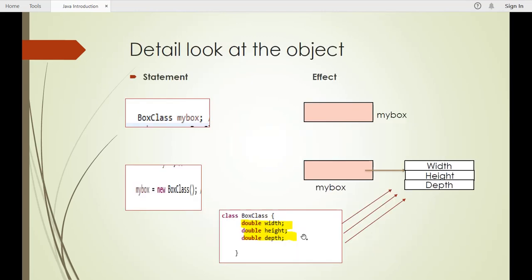But what happens internally, let's say in detail. Whenever we say box class my box like this, this is a reference to the class. This class we have created, and my box is an object name which is just a reference to this class. So internally it creates a physical copy or physical memory for that particular variable, which will be empty. Now when we say my box is equal to new box class,